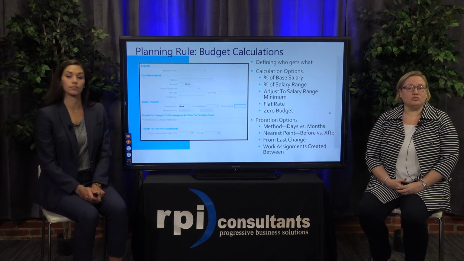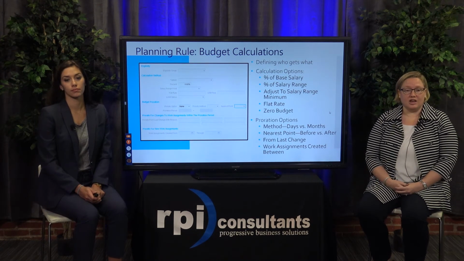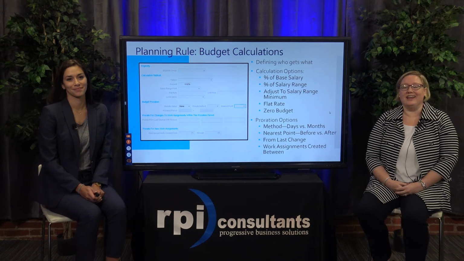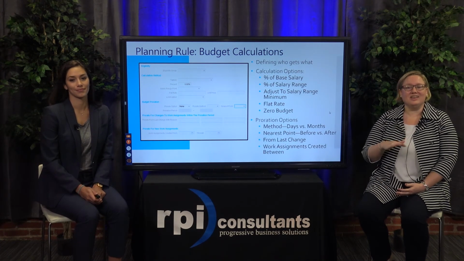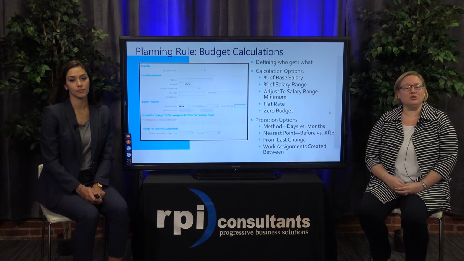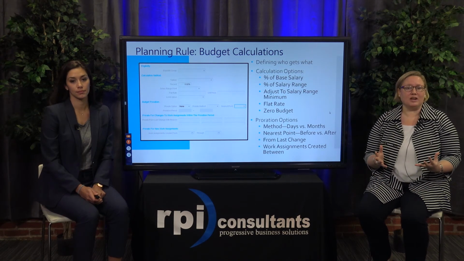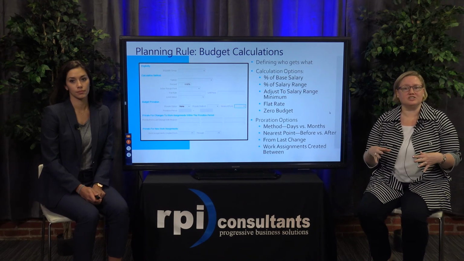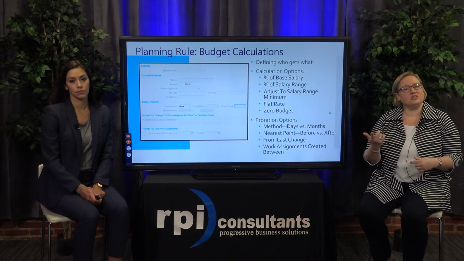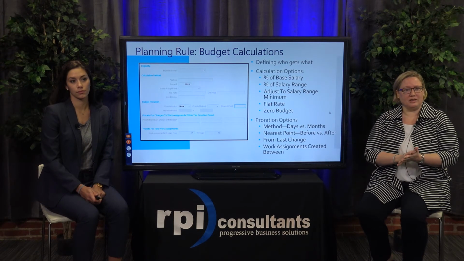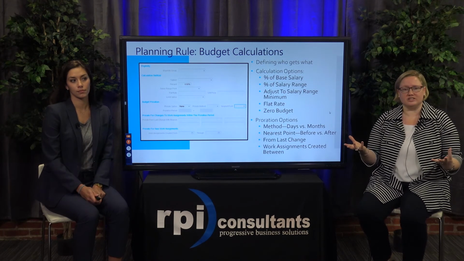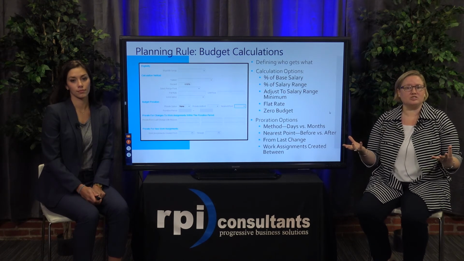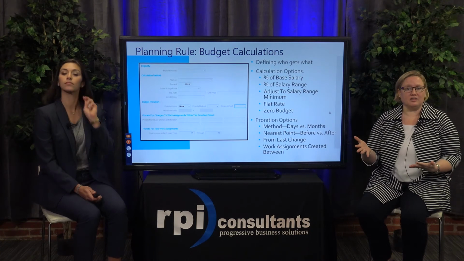You can also do a zero budget if it's a year like 2008 and you've got people who are going through the process but you can't give a budget to them right now, and then you can make that editable or not by the manager, but it would default in as a zero budget. And just a note, the percent of base salary would be, for example, if your organization says, okay, 3% of salaries is what we're using this year for your merit budgets, then you would put that percent in there.